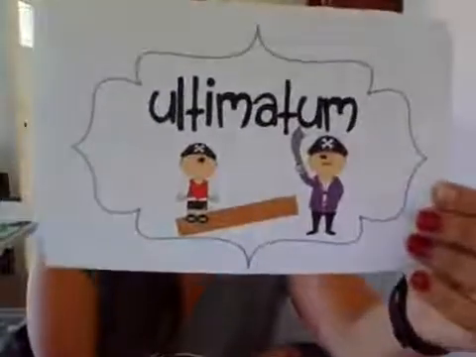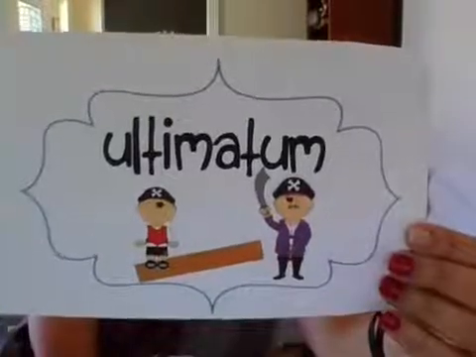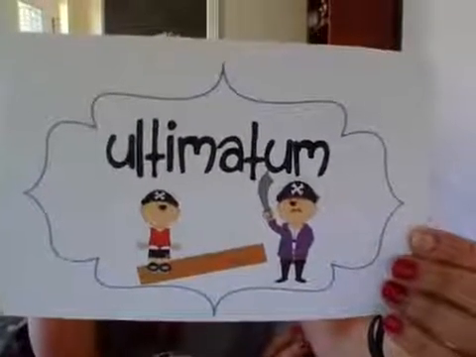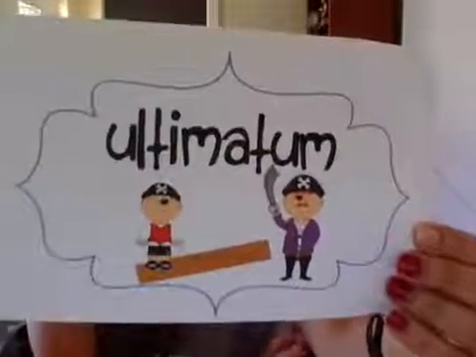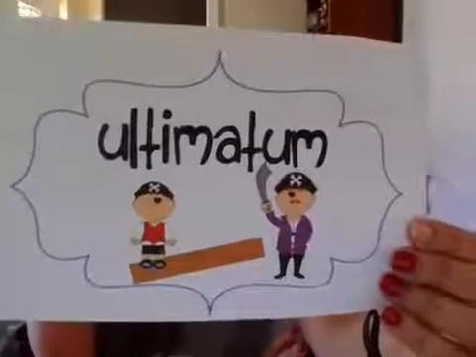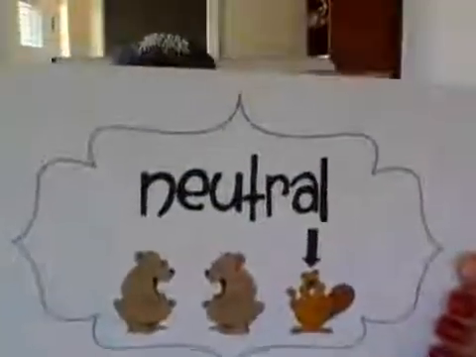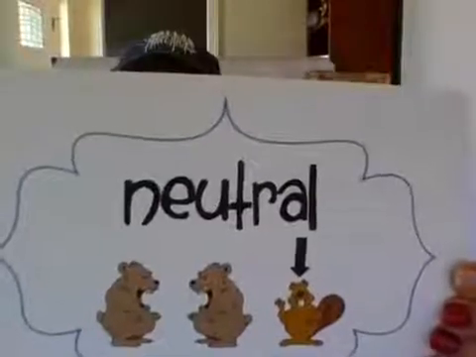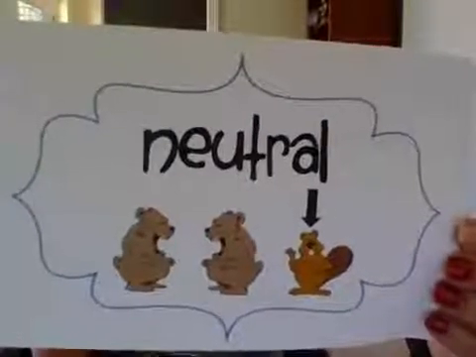We're also going to see the word ultimatum. When you give someone an ultimatum, you give a final demand or a set of conditions. Usually, there are negative consequences if the demand is not met. In the book, we'll see the sentence, Duck was a neutral party, so he brought the ultimatum to the cows. And we are also going to see the word neutral. You just heard that Duck was a neutral party. So what is neutral? Neutral means that it's not taking sides during a disagreement or an argument.